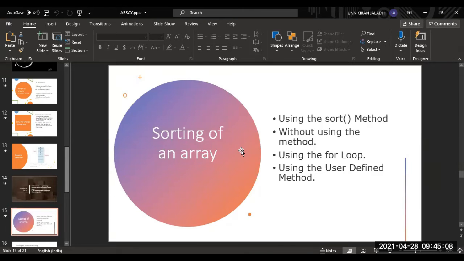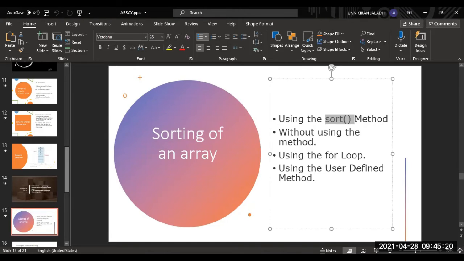Using a sort method, we can directly sort the values inside an array. There is a method called sort. Inside Java, there is no need to go for looping or anything like that. There is a method called sort, and directly we can sort all the values of an array.